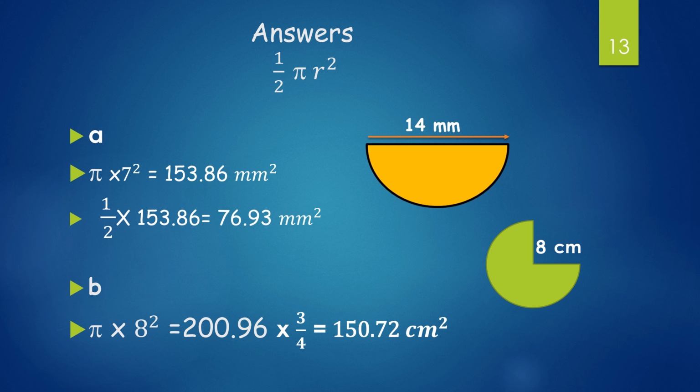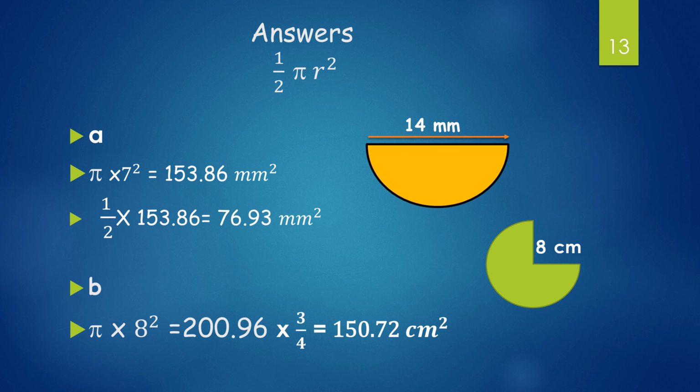Square it. 7 times 7 or 7 squared, it's 49 times pi is 153.86 millimeters squared. Now you need to divide it by 2. Why? Because it's a semicircle, it's half a circle. So the answer is